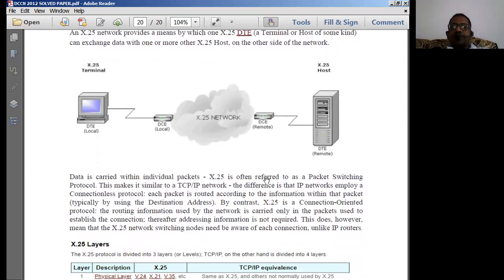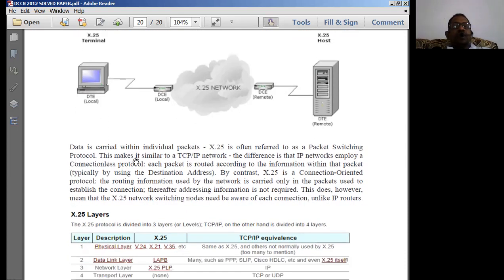These two are connected to the X.25 network only, unlike TCP/IP. TCP/IP is meant for a network of networks, whereas X.25 is meant for an X.25 network only. This is one of the biggest differences between TCP/IP and X.25. TCP/IP is not meant for just one type of network; it is meant for many types of networks. Therefore, TCP/IP is normally used for more complex networks than X.25. Anyway, X.25 is the older version and does not support many features that TCP/IP supports.